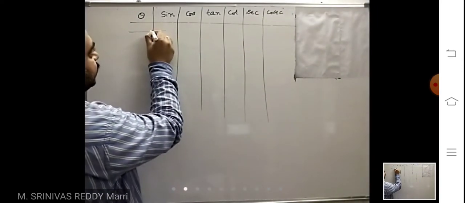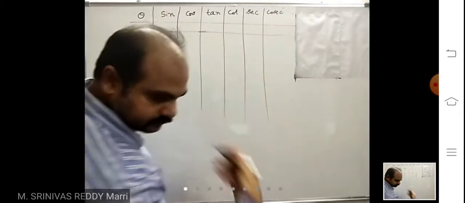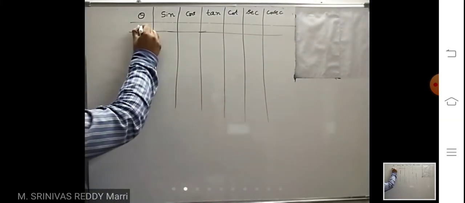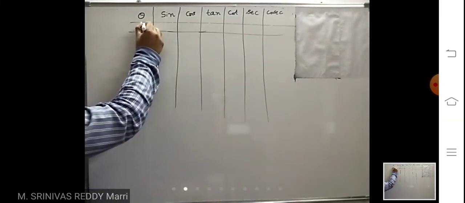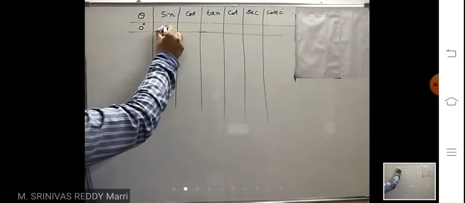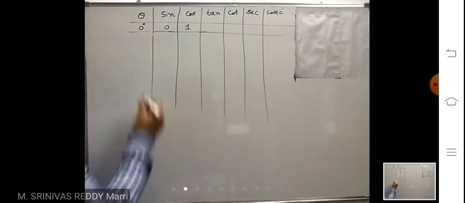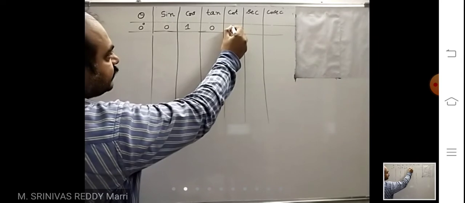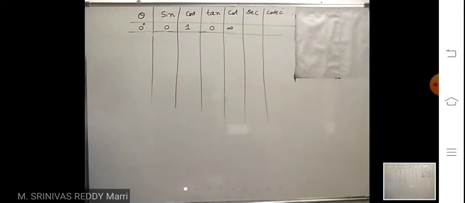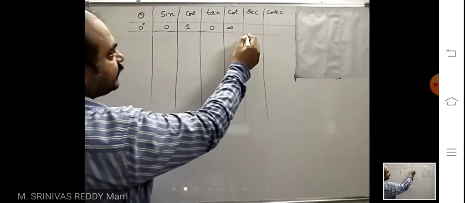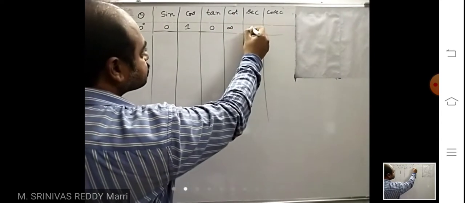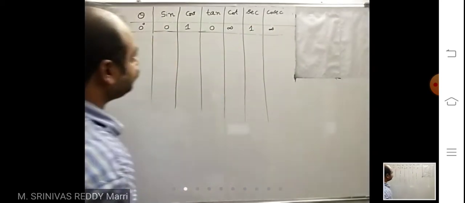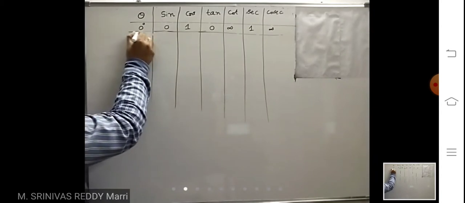Standard angles. Look at, let us say, 0 degree. Sine is 0, cos value is 1, right? Tan is sine by cos, 0. Cot is cos by sine, infinity. If you remember these two, you can easily write that secant is 1 by cos, 1, and cosecant is 1 by sine. If you get 0 in the denominator, then it will be infinity.